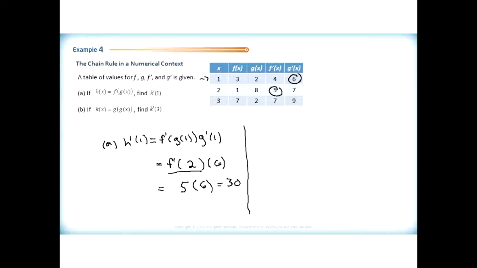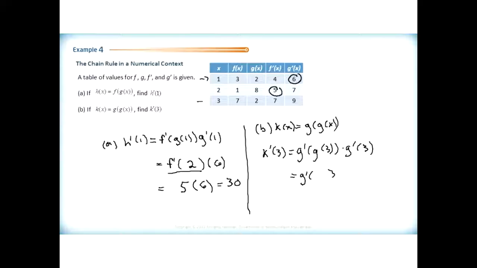All right, let's look at part B of this. So I've got k of x, in this case, is a composition of a function inside of itself, g of g of x. So that means that k prime at 3, which we're after here, will be g prime at g of 3 multiplied by g prime at 3. So we need to first find g of 3. And so I look in the 3 row here,